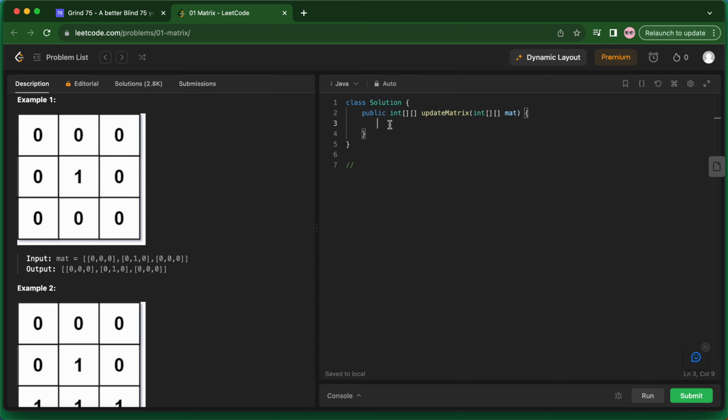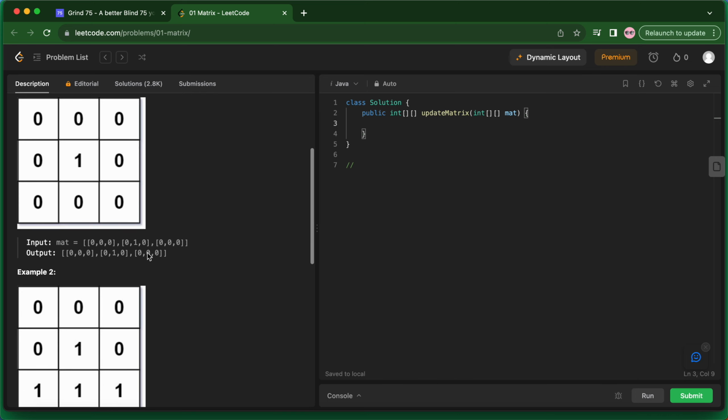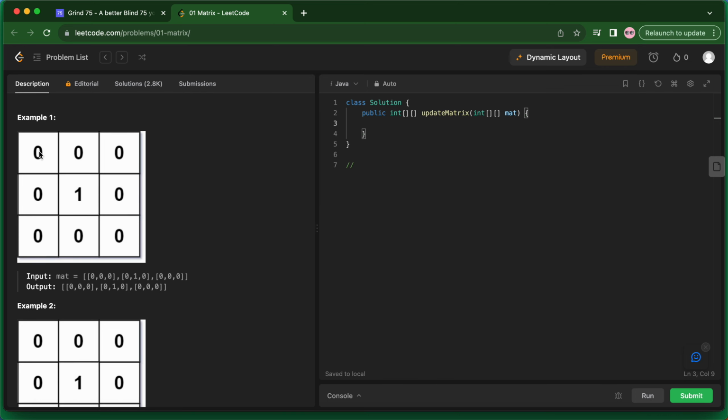Okay, so we need a few variables to understand and solve this problem. We'll keep a maximum length. So the maximum length could be 1 0 is here and 1 1 is here, 1 1 1 1 1 1 1 and a 0 in the end. The maximum length could be this length plus this length, right? So we'll say int max length is equal to matrix dot length plus matrix